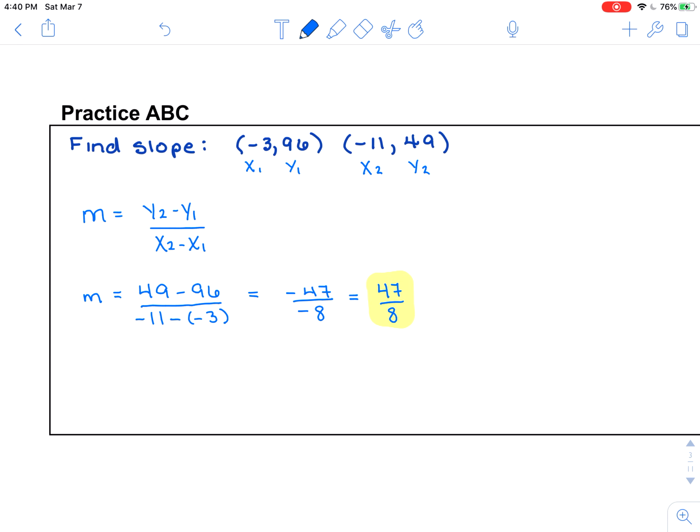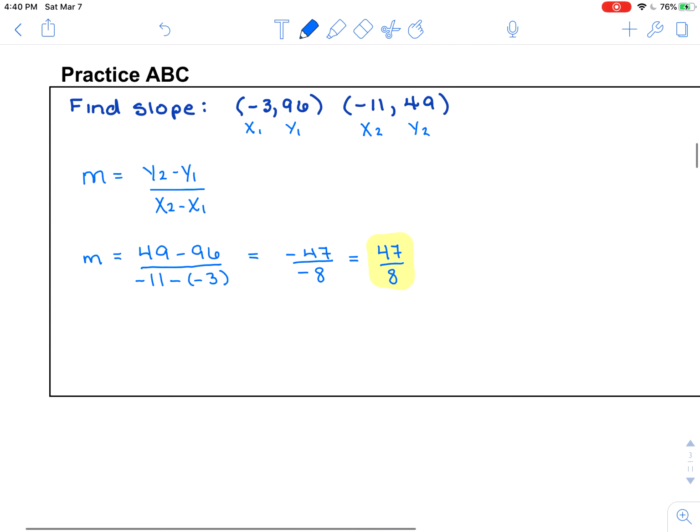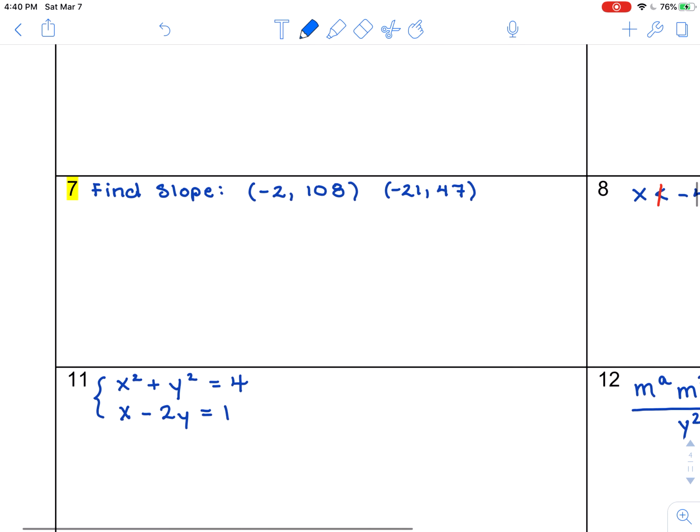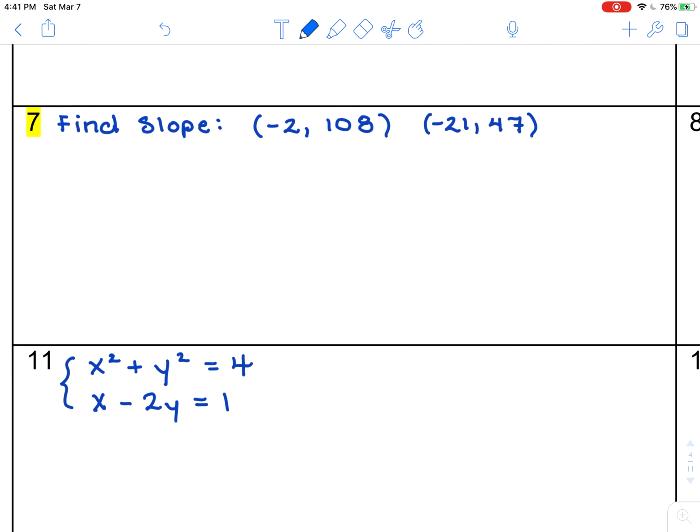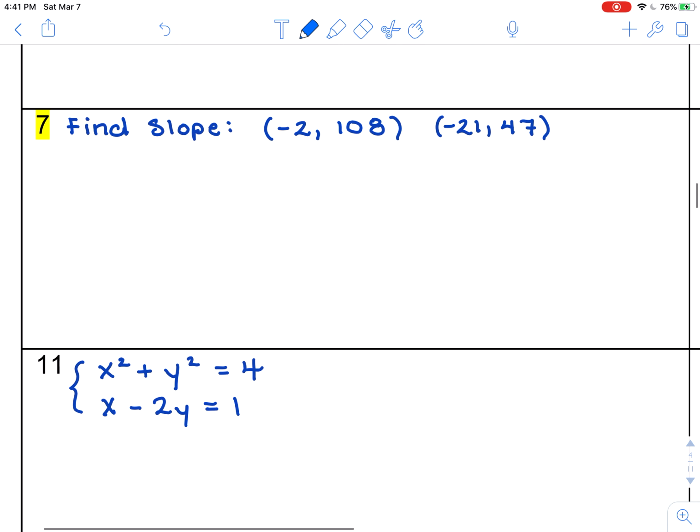That can happen. If you look over then to our homework page, you'll be disappointed to find there's really only one question that's going to be from this lesson. That's number 7. So we're going to hit number 7, and then I will probably go back and do a couple other ones just to make sure we're on the right track. Number 7, finding the slope of these 2 points. And I did get those written down for you. So I'm going to start off